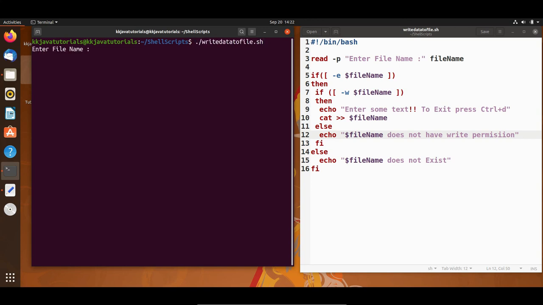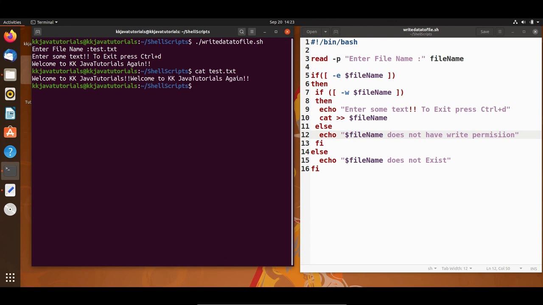I'm running this script again, giving the file name test.txt, and entering the text welcome to KK Java tutorials again, right? Something like this. And I'm pressing Ctrl D, right? And if I check the content of test.txt, then here you can see the text has been appended, instead of overridden.